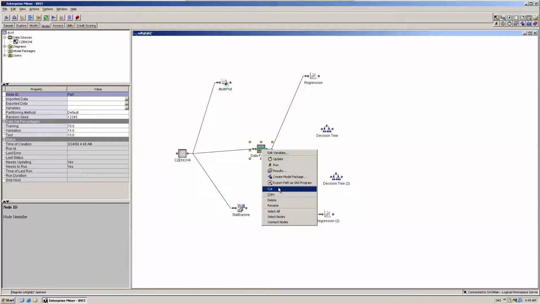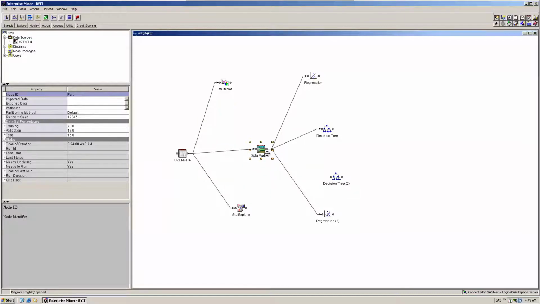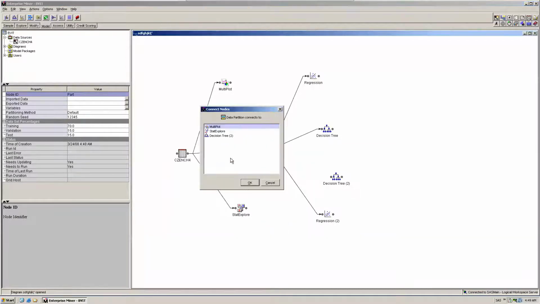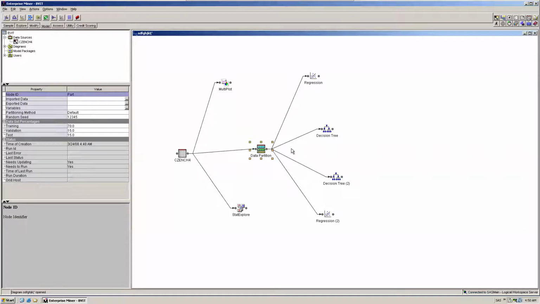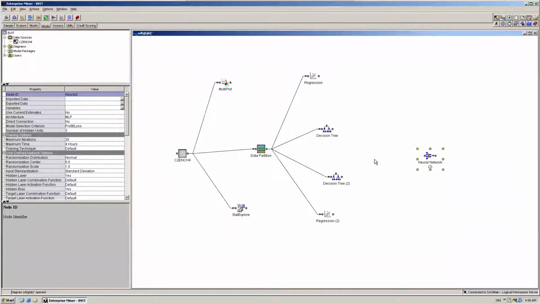For this software, for 10 users, the client is charged 20 lakhs. Decision tree, and decision tree, then model assessment. The model assessment looks like this.